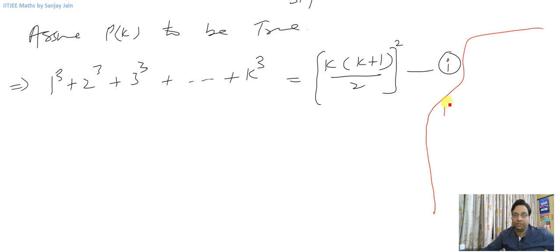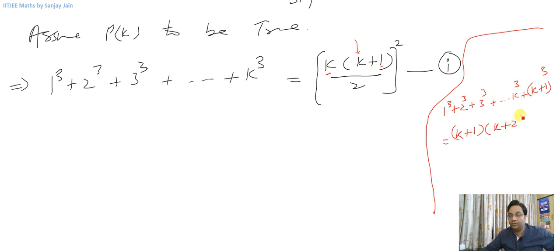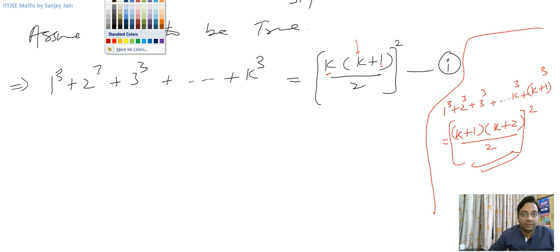What are you expecting from this exercise that you need to achieve? This on the left hand side, and on the right hand side you will require, at every place of k, you require k plus 1. So you will require something like this, k plus 1, and then in place of this k you will require k plus 1. So k plus 1 plus this 1 will become k plus 2 divided by 2 and then squared. This is something that you are looking for to be able to prove that P of k plus 1 is true.